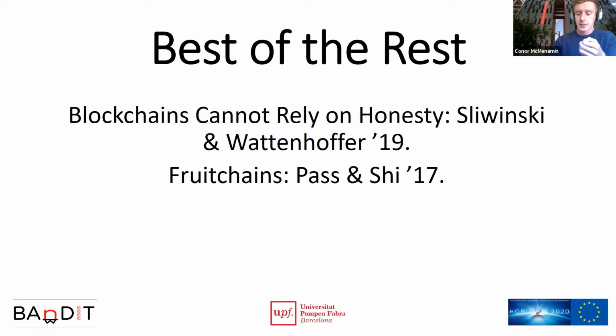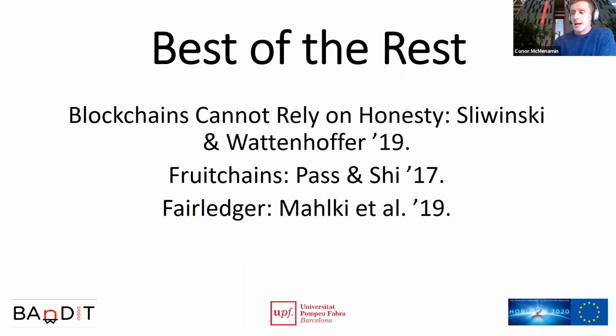And FruitChains, I guess, is almost like the Bible on this stuff, on fairness and incentive compatibility. But its assumptions are based on this honest majority, which, I don't want to harp on, but sorry, I actually do want to harp on. We can no longer rely on honest players, and all of their proofs are based on this honest majority. And then FairLedger, again, Pass, Shi, and Malkhi, they're all big names. But